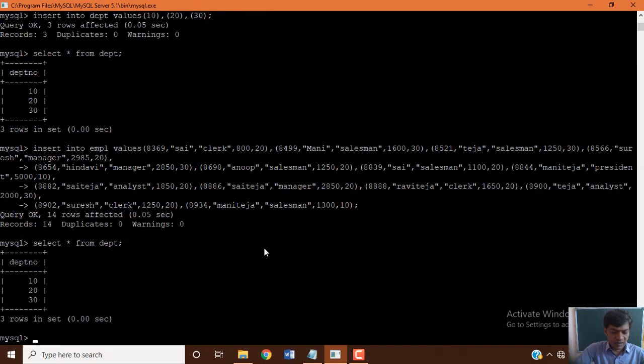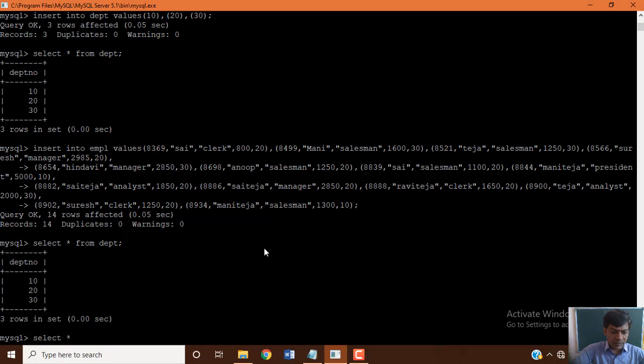Parent table first, then child table, where we inserted multiple records at a time. We know multiple record insertion in MySQL: insert into table name, followed by the values of the first record within parentheses, comma, second record, and so on. However many records you place, you end with a semicolon in the query.